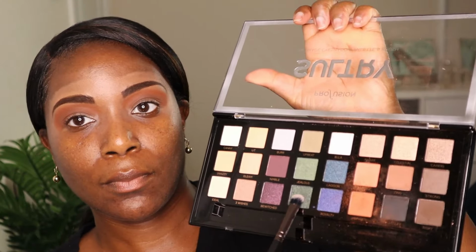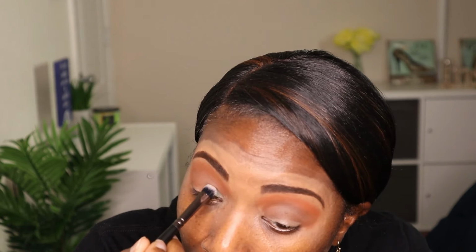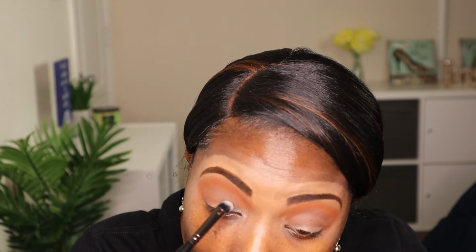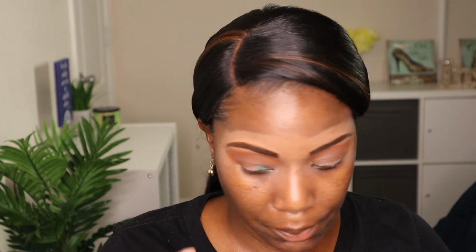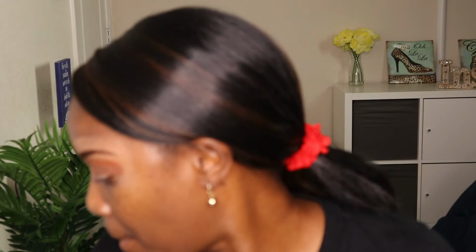Now I'm going to be going in with the color Thread, the dark green color. And I'm going to be applying that to the lower. Actually, what I think I'm going to do is I'm going to put a little bit of concealer to help that shadow pop. I'm going to use my LA Girl concealer to, this is going to be my attempt to